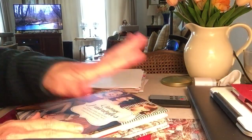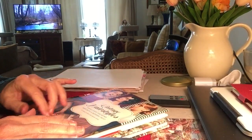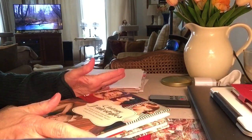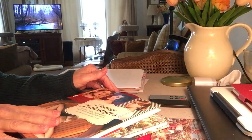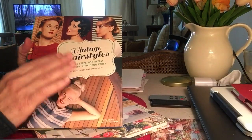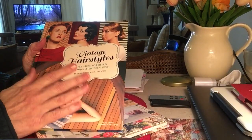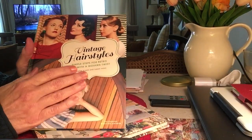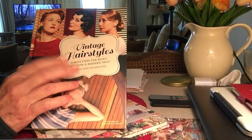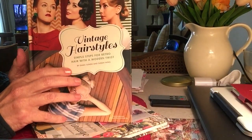We've done the basic hairstyles, basic cuts and colors and things like that in sections 1 and 2. So we're going to get into specialty areas now, and one of the big trends right now is vintage hairstyles, vintage cosmetics, costumes, and things like that. I know some of you are interested in getting into costuming for film and theater, so this will come in very handy. We'll use 2 books in this semester,